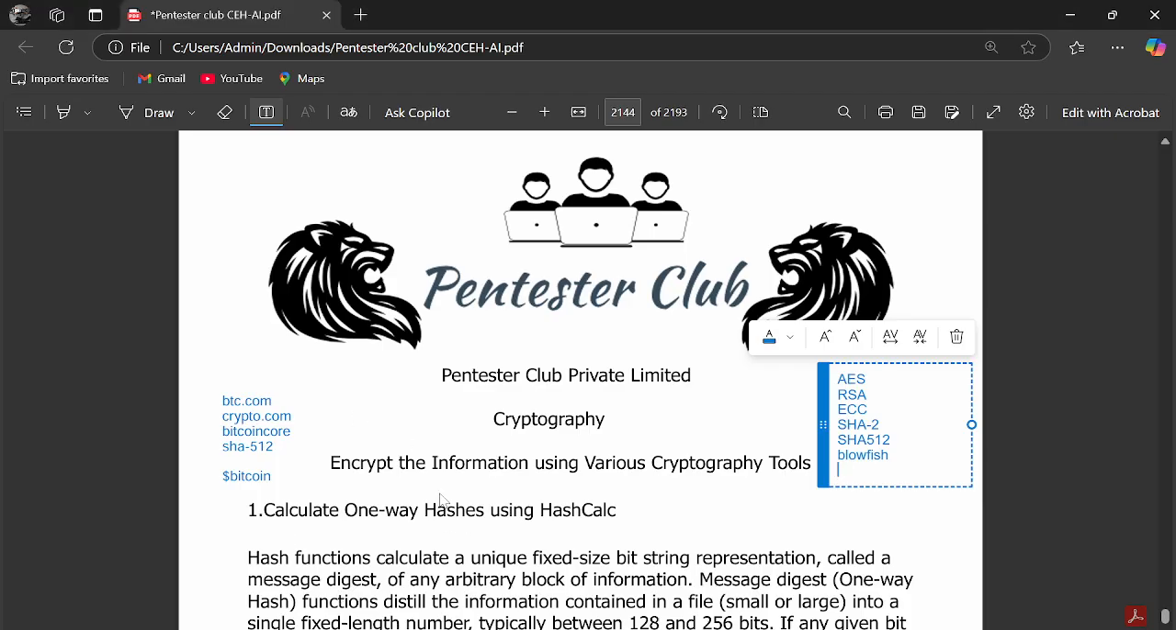Now, we are going to calculate one-way hashes using a hash calculator. Hash calculator enables us to compute multiple hashes, like HMAC, files, text, hexa string. It supports the secure hash algorithm family like MD2, MD4, MD5, SHA1, SHA2, like in the SHA2, the SHA256, SHA384, SHA512,